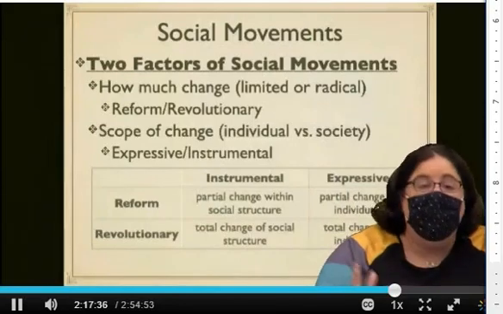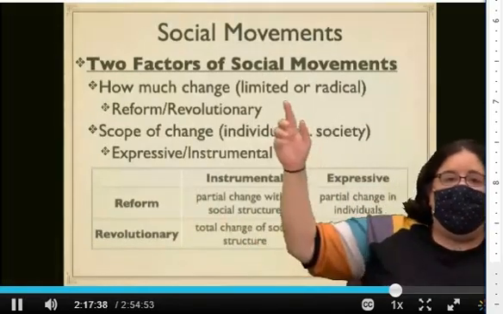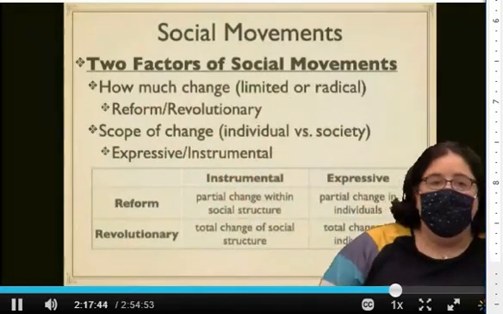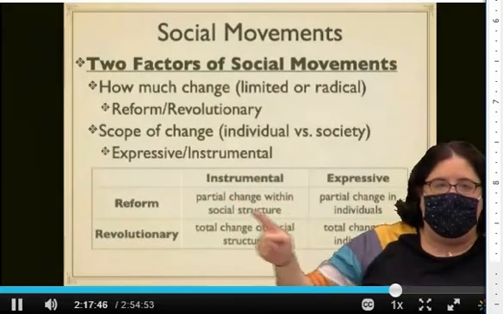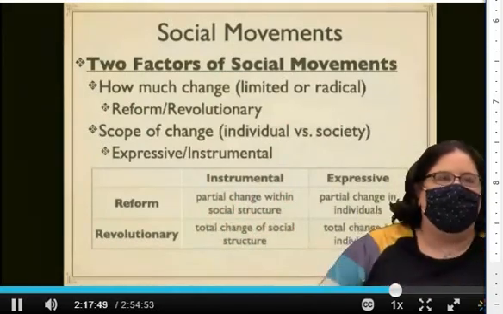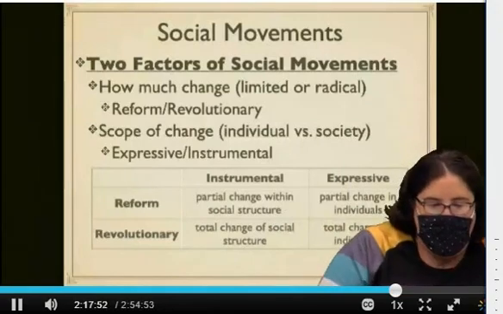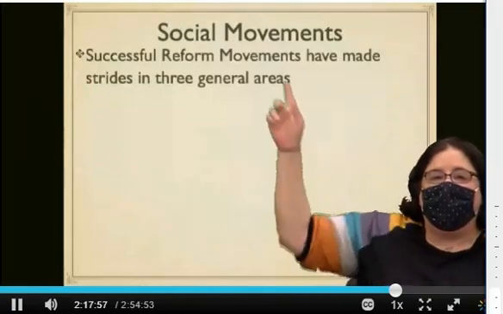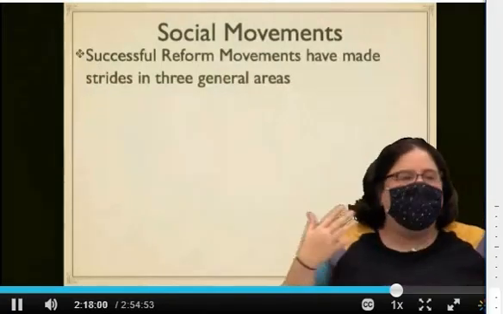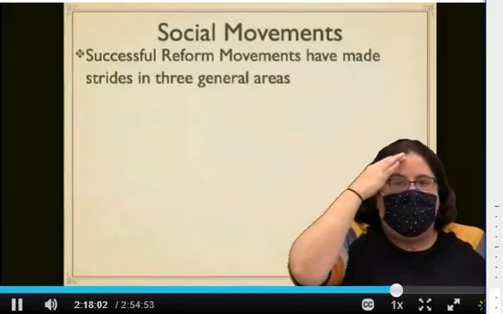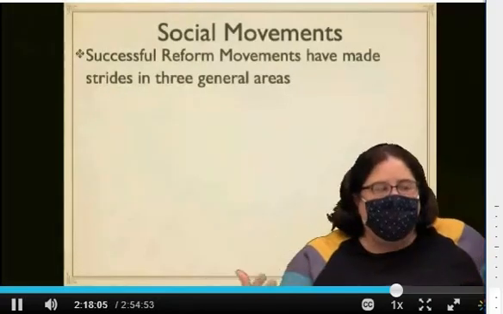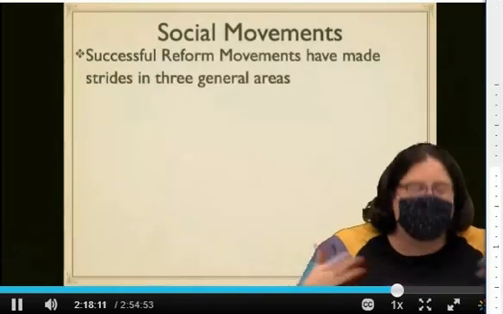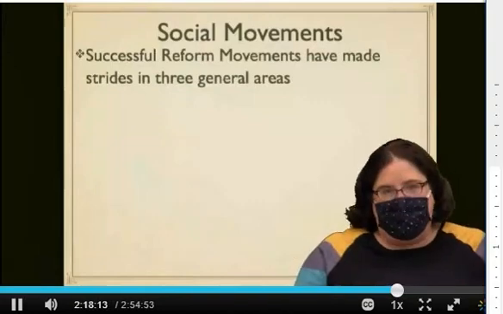So I think I would agree that the Unist'ot'en are a reform and instrumental movement, right? So they would live here in this box alongside the civil rights movement or something like that. So, successful social movements, and in particular reform movements, because they are the most common. The reason I was having trouble coming up with an example of a revolutionary movement is they're very few and far between. They do exist. We call them revolutions often, right? But most social movements that we're familiar with are reform movements.